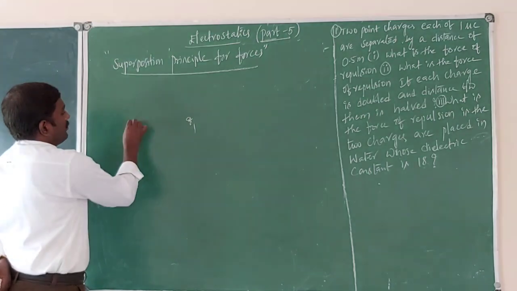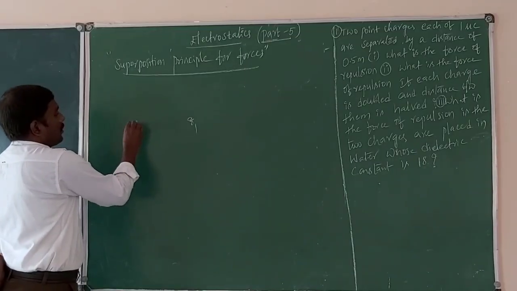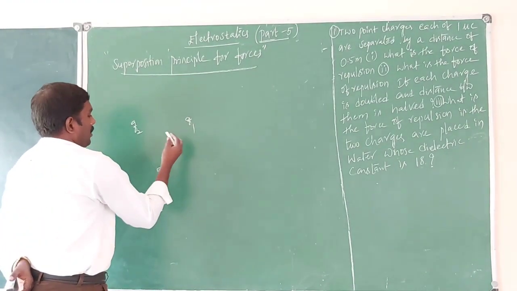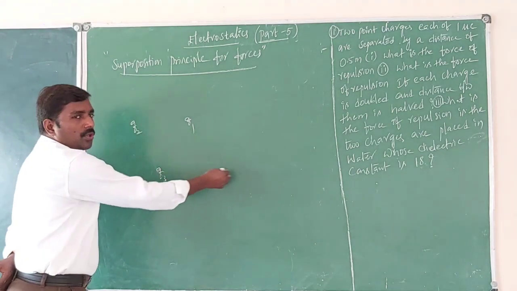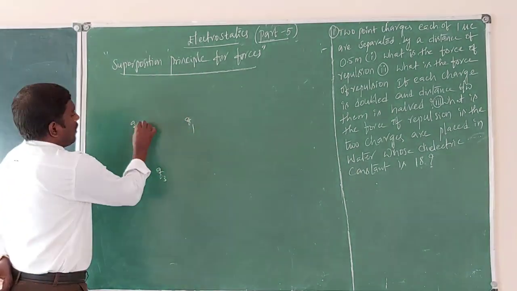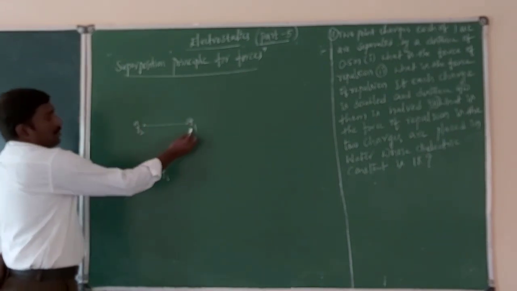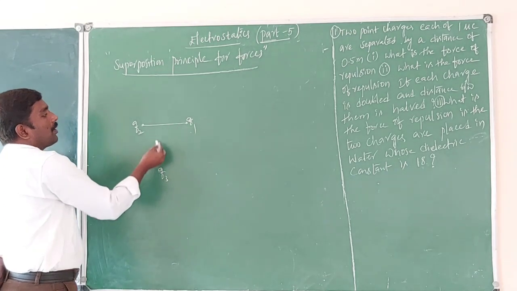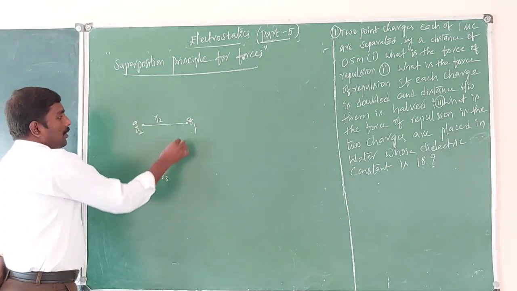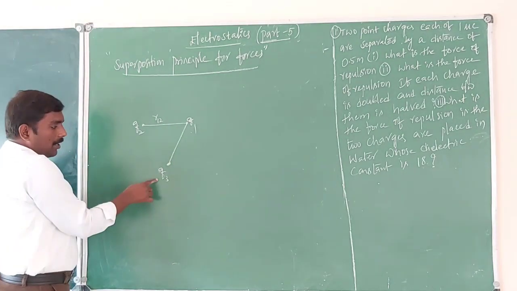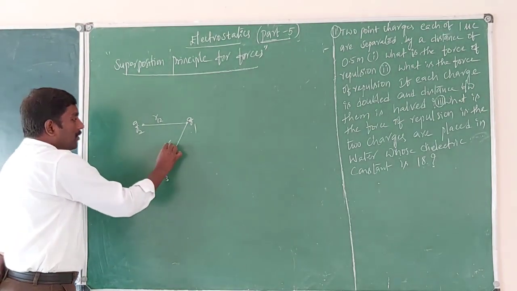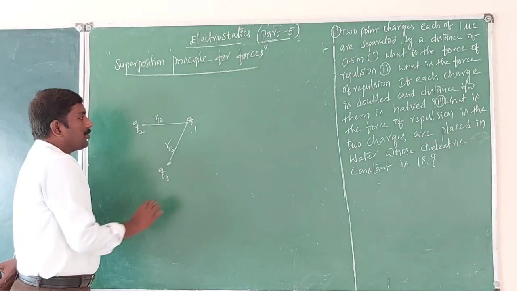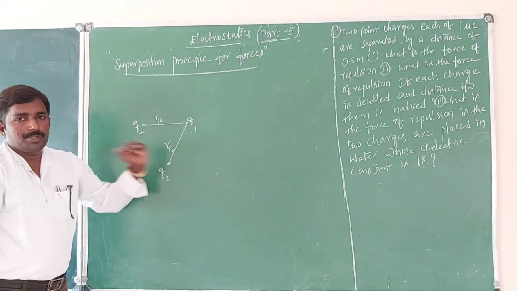Suppose Q1, Q2, Q3, Q4, Q5 and so on. This is the Q1 charge, this is the Q2 charge. The distance of Q2 from Q1 is R12, and similarly the distance of Q3 from Q1 is R13. According to Coulomb's law,